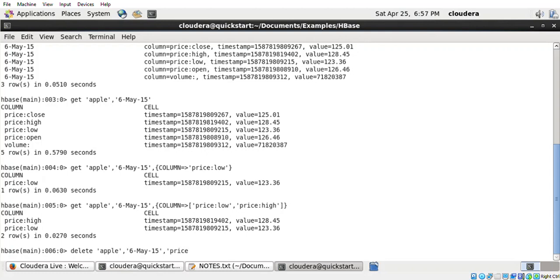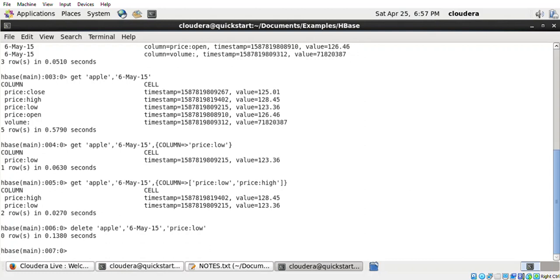That means I want to delete a row which has the price value low, and the date is 6th May. If we give it like this, it will not display whether rows are deleted or not, but it will be deleted. Again, if you have to check, if you type the list command, you will come to know whether the particular row is deleted or not.